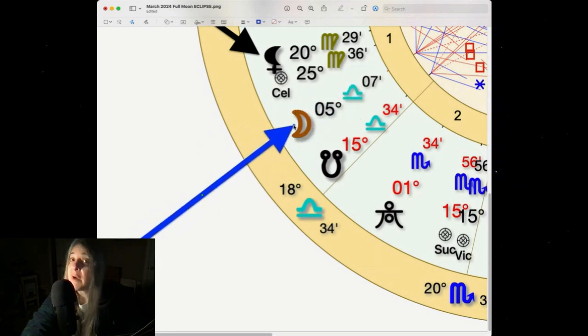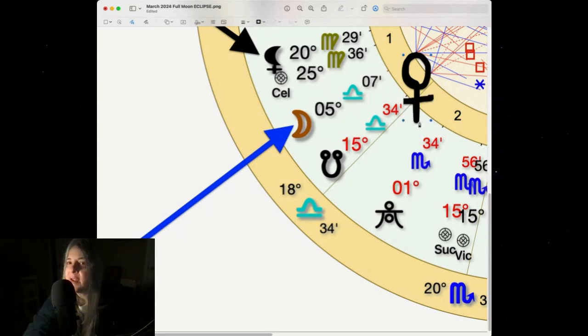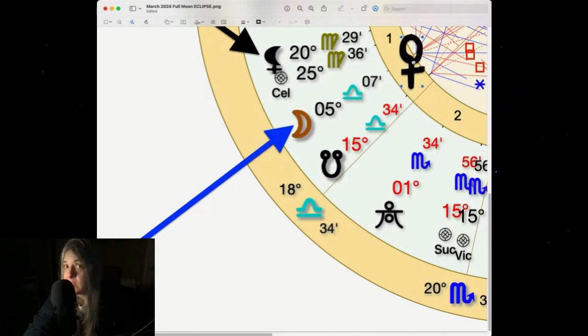Feminine energy is prevalent here. Venus rules this full moon because Venus rules Libra energy. So you see, we've got prominent feminine qualities present in a lot of ways. The moon is feminine, Venus is feminine, even though cardinal Aries or cardinal,